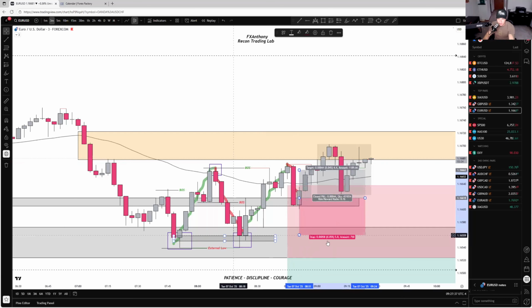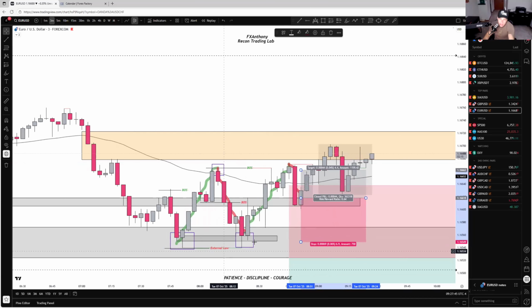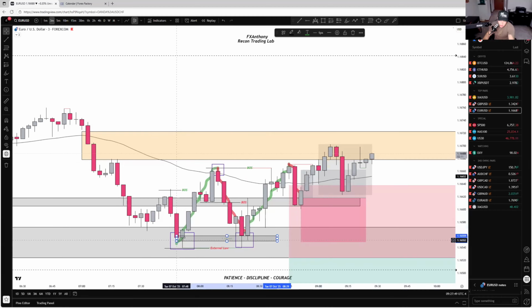Now, do you want to go to the candlesticks or candle wicks here? Or do you want to play it safe, go below the area of interest and go to the candle wicks? Now, you may ask, why is your box only that big? Well, because if you look here, this wick goes to here and this wick goes to here. I'm not interested in these external lows. Now, if you wanted to play it safe, which is what you guys probably do, is cover those external lows, or not external lows, those equal lows.